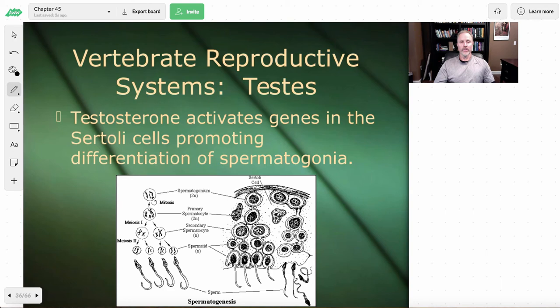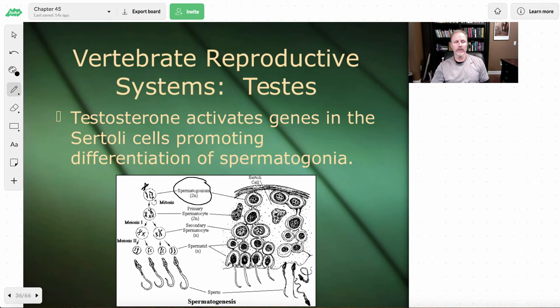And this is what's going to promote the differentiation of the spermatogonia. So if you look here, these diploid cells, these are the spermatogonia. And testosterone is going to act on those and stimulate the divisions. And what we said in class is you're going to go from the spermatogonium to the primary spermatocyte, the secondary spermatocyte, and then spermatid. So what testosterone is going to do is it's going to induce or stimulate mitosis in